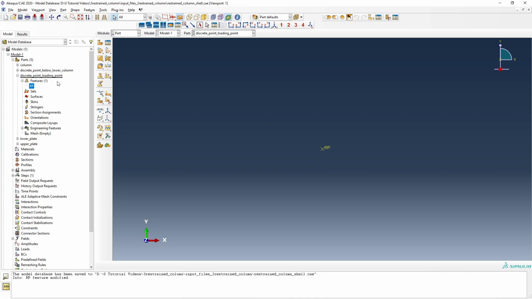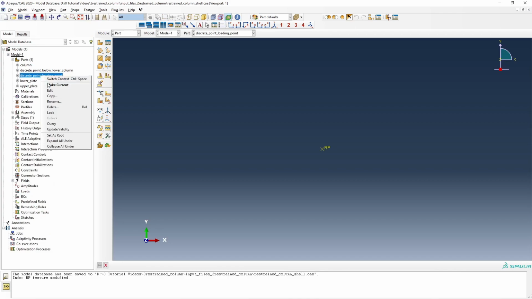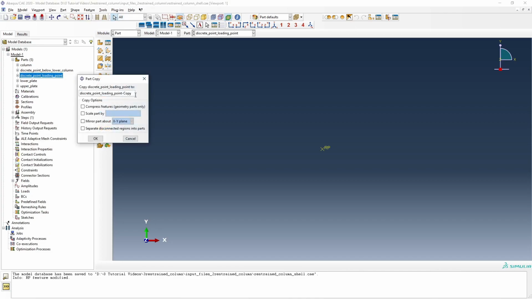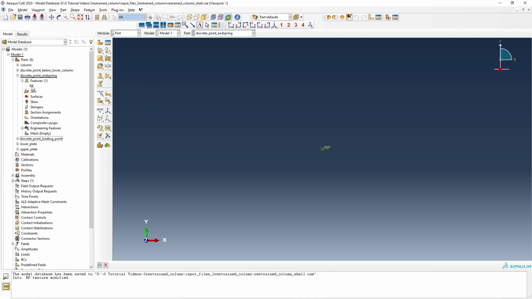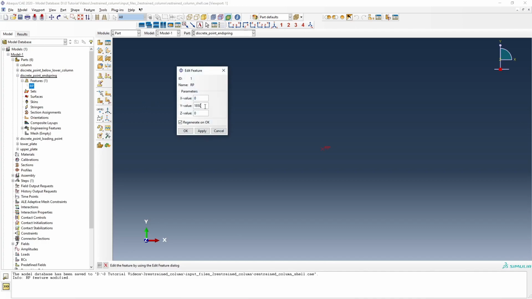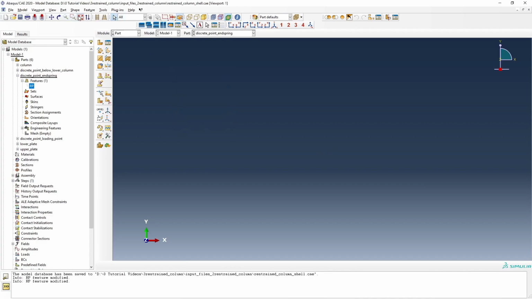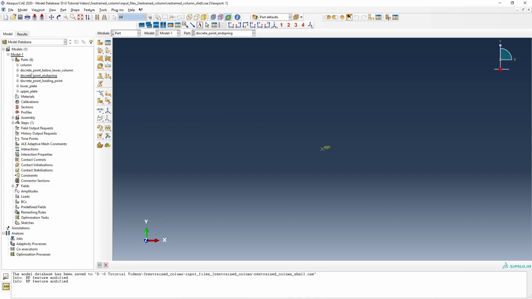and we can bring that point with this auto fit view. Okay, then again we need to create one more copy of this one, and that is the discrete point at the end of the spring. So we have that point, and then also we need to change the coordinate of the point, and that is now plus 100, which is 1950. Then okay, and then yes, we have created, so there are altogether 6 parts,